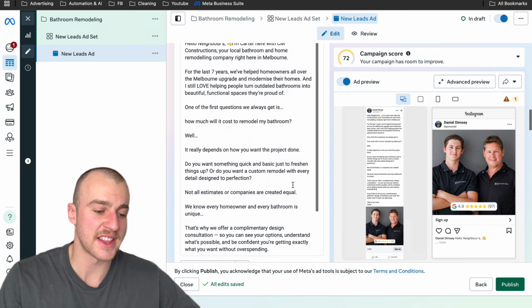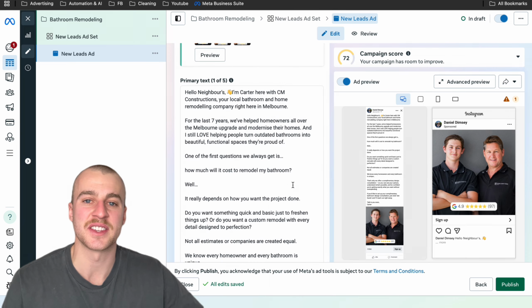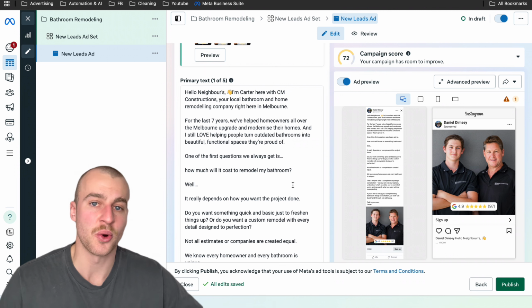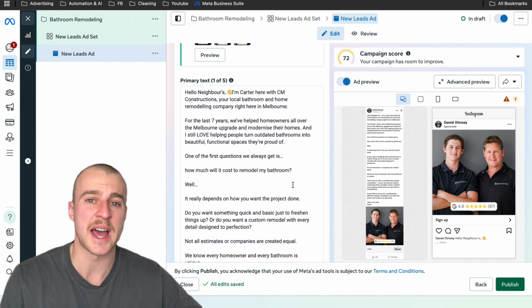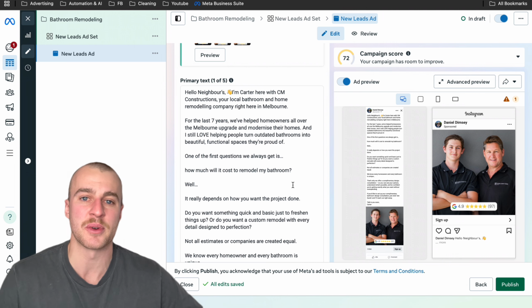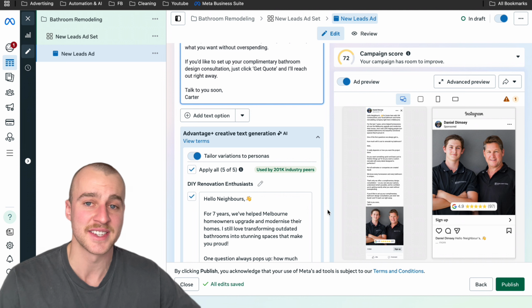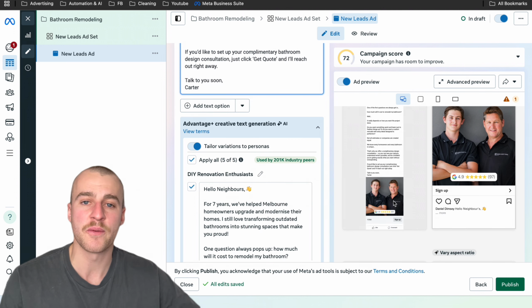It also works insanely well because not many people run ads like this. A lot of people just run ads that's like, want your bathroom remodeled, get your free quote, here's some benefits of us. Satisfaction guarantee, call to action, and urgency. That's just the main things they put in a very short blurb, and it just doesn't really help persuade them because every single one of those company ads look the exact same, where this one sticks out like a sore thumb because right off the bat, it's super genuine and it kind of looks like a profile picture,